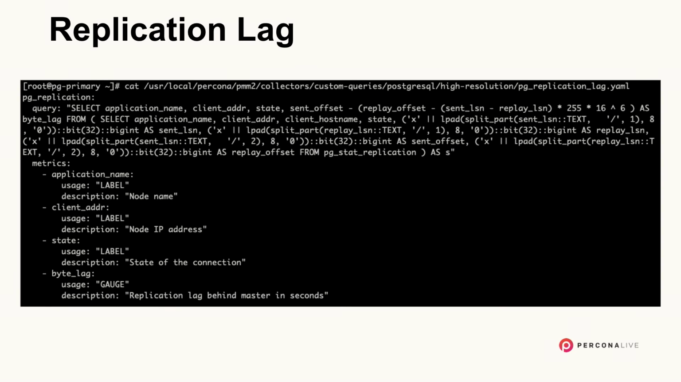So in here we will get the query field. This is a YAML, or your regular YAML file, right? So this will be the query that will be run every 1 second, 10 seconds, or 30 seconds. And then we have